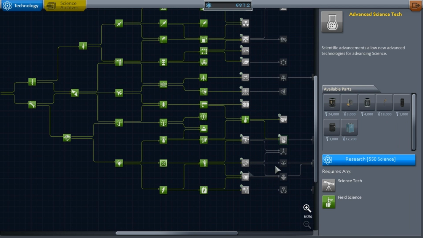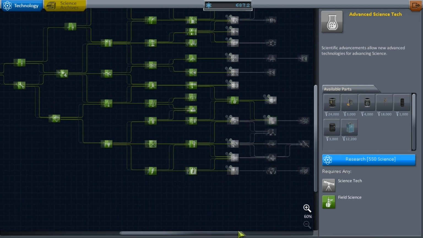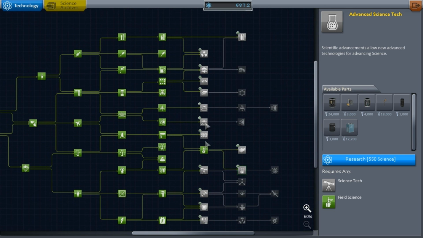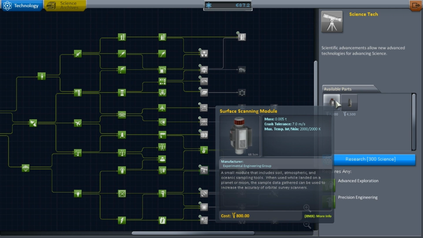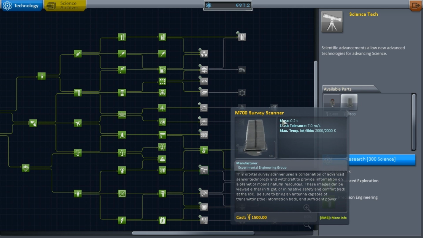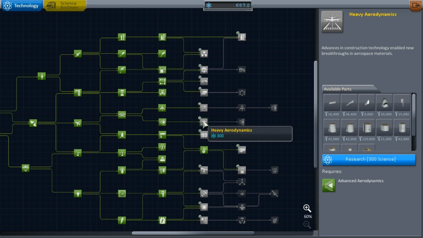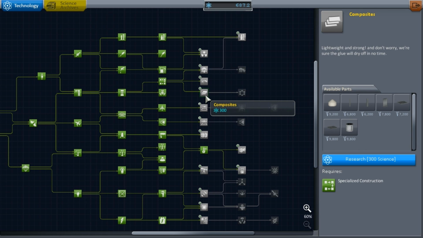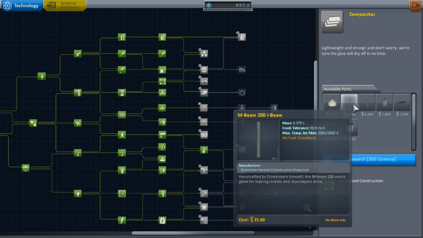Oh man, the possibilities for science are endless, but I think I'm just going to keep to the tree. Science tech, we can do a surface scanning module, and we can do a survey scanner. I don't actually think these count to actual science. Heavy aerodynamics, I really don't care about, to be frank. High altitude flight, I absolutely don't care about. Composites gets us